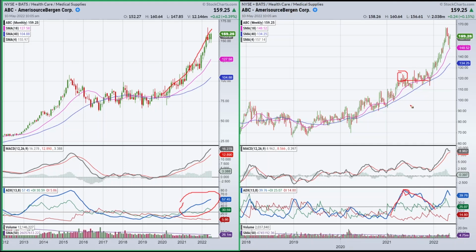Now, you could argue that this breaks out at 130 and this is way down here, and that's like a divergence. But I wouldn't consider that. I would actually look at both the MACD making a lower low and the ADX making a lower low while price is making a higher bottom as a reverse divergence. And the breakout at 130 is just the confirmation that these are getting ready to get going again.